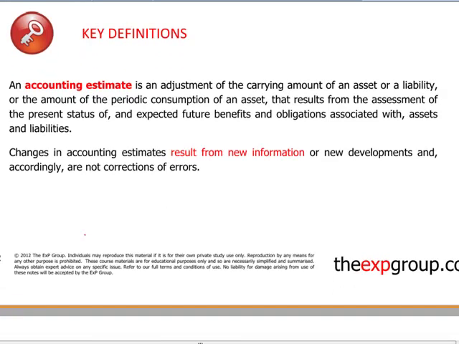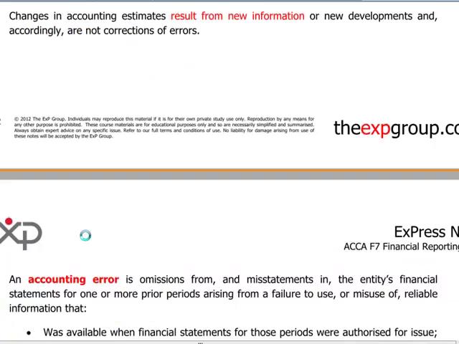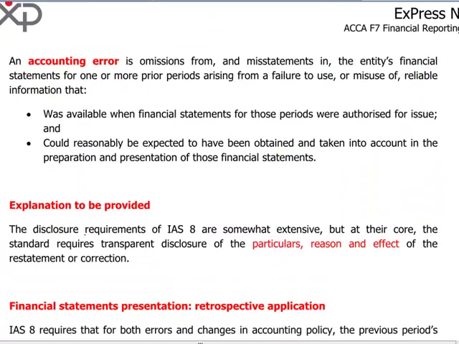So this is not a correction of error, it's just new information that is applicable, 5% in our example, at this year end. The problem is that with an error, it's just an omission or a misuse of the information which was available at the previous year end, or which we could reasonably have been expected to obtain. So, in short, a change in an accounting estimate is normal. It will probably be the case each and every year. With an error, this is abnormal.